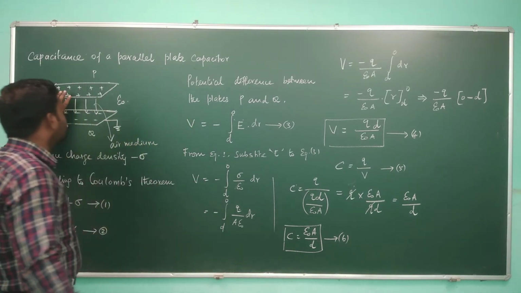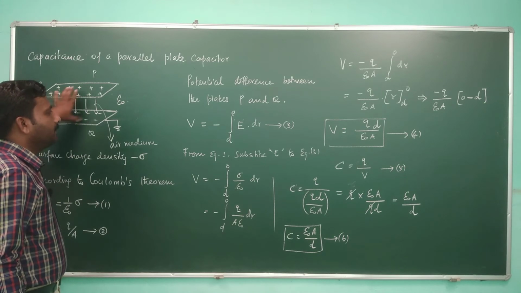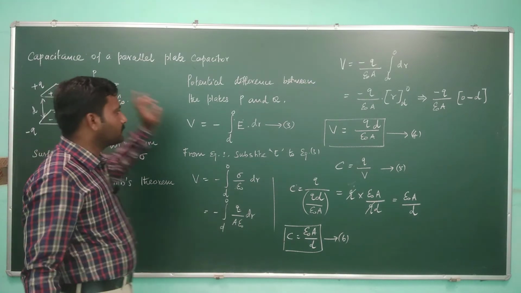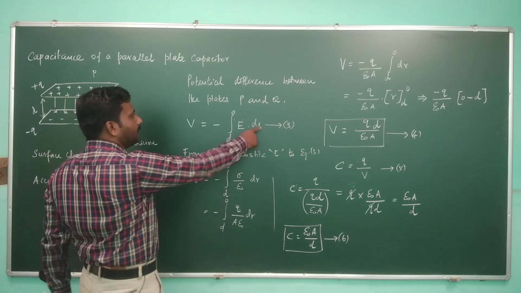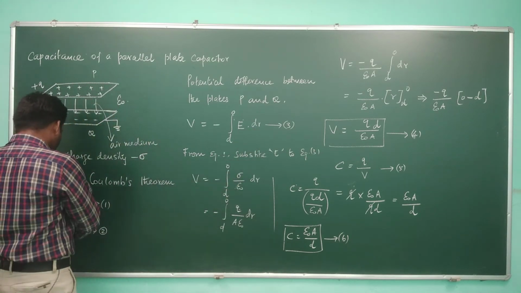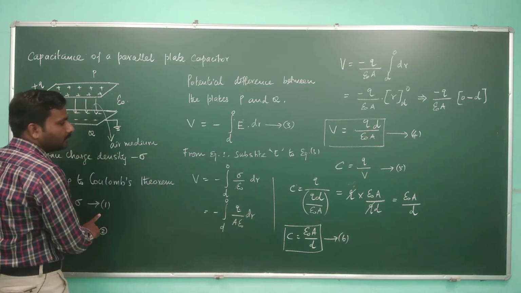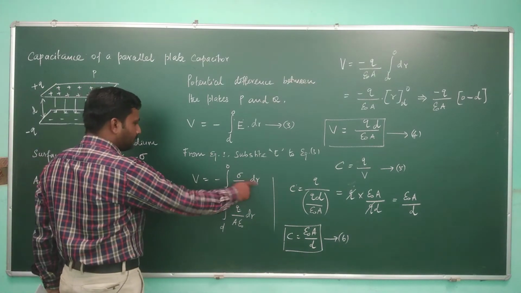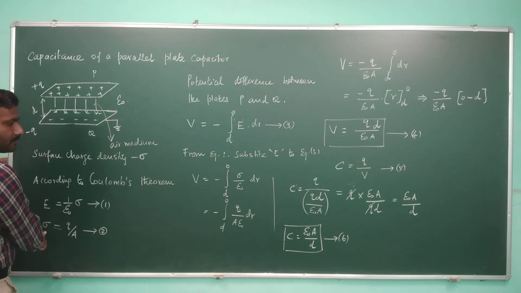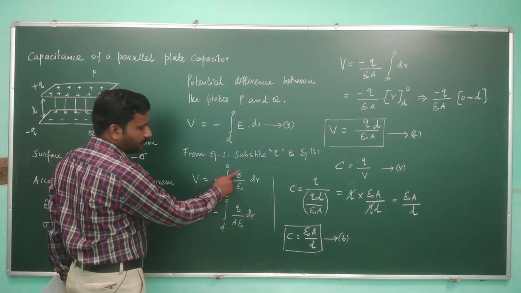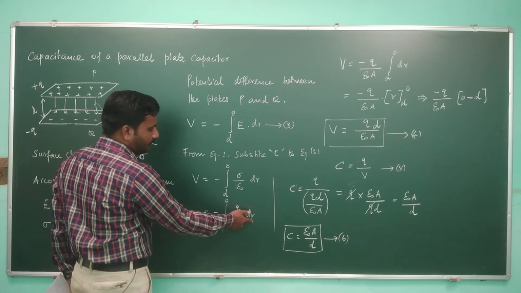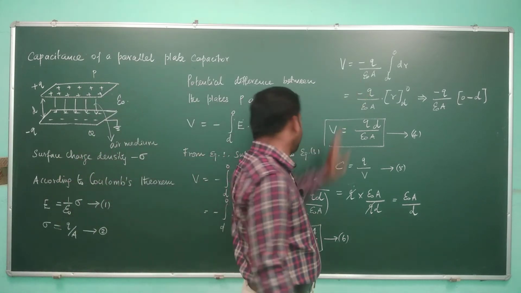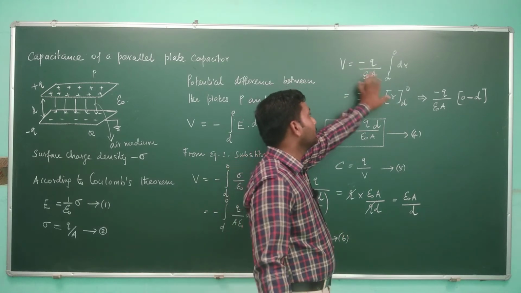Now the potential difference between these two plates P and Q, we can write V is equal to minus integral from d to 0, because the total distance is d and the reference plate is the positively charged plate, so d to 0, E dot dr. We can substitute the expression of E from equation 1, that will be sigma by epsilon naught into dr, but we have Q by A in place of sigma, so Q by A epsilon naught dr. Q, A, epsilon naught are all constants, so we have taken them out: minus Q by A epsilon naught, integral d to 0 dr.